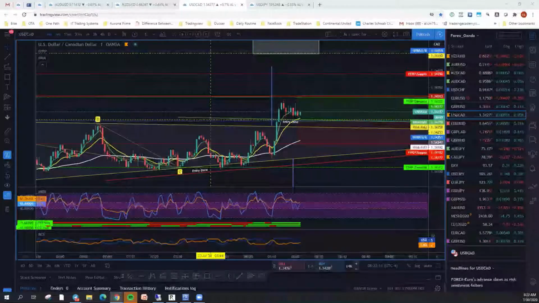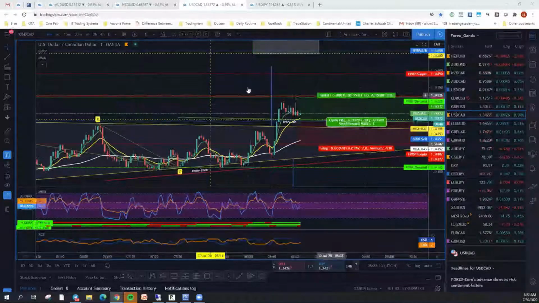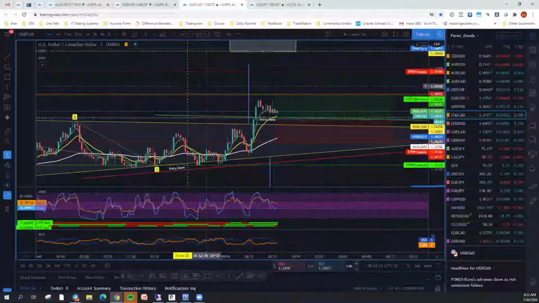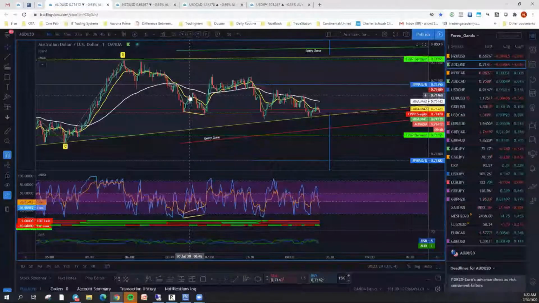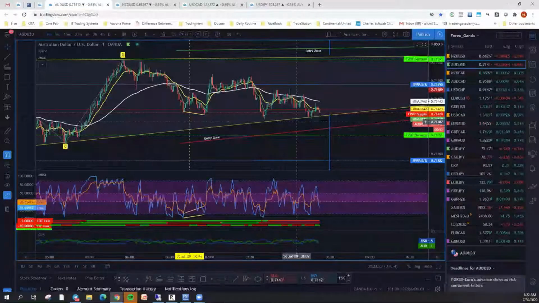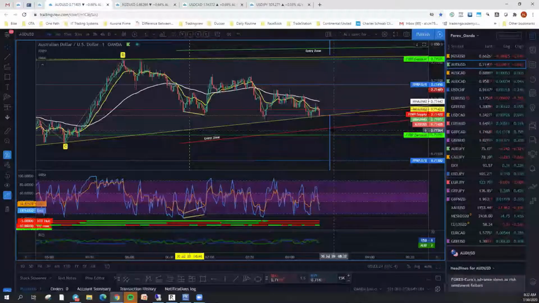Are there any more questions while we're waiting for this thing to materialize? This is really the best trade we have going right now. I did draw up the Aussie US, and here is the wedge at 6:45 this morning. It's just now starting to consider breaking out the bottom.